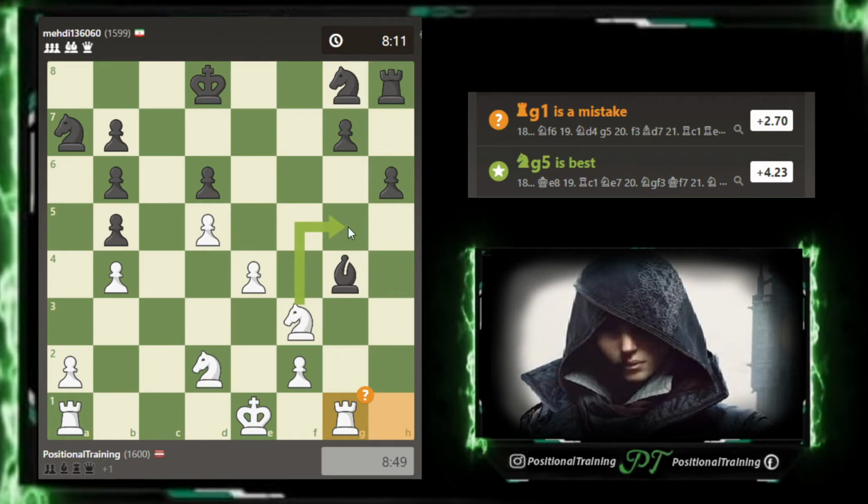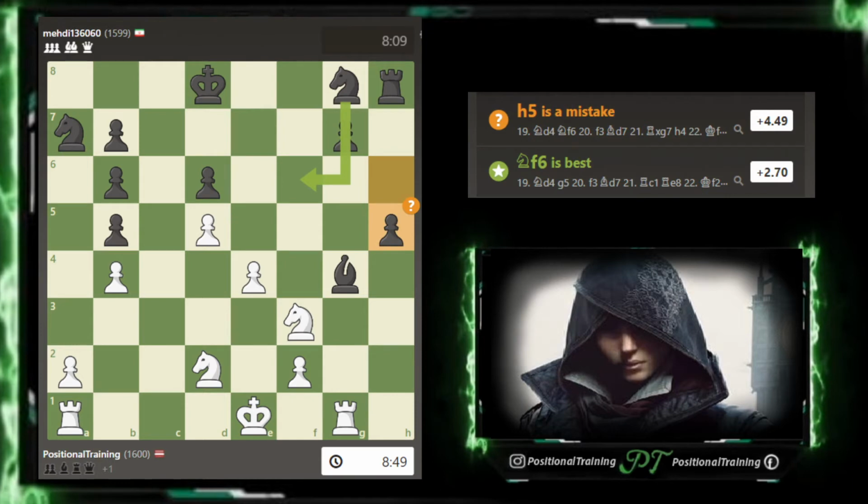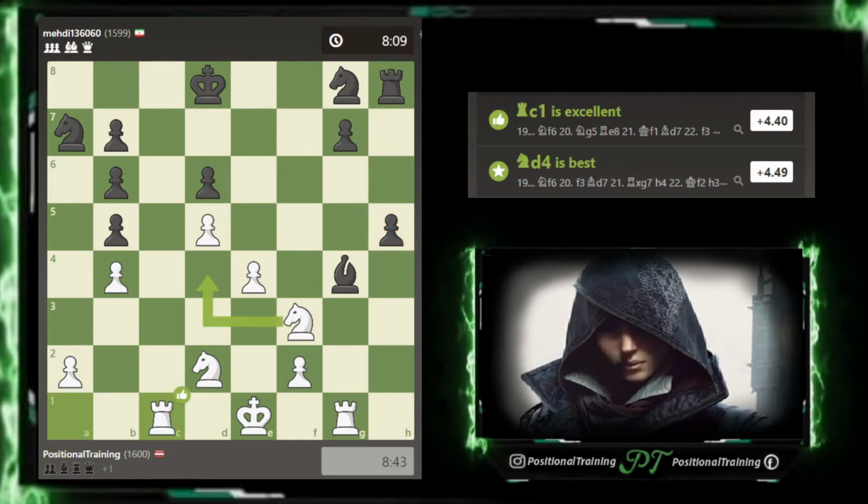Yeah, well, obviously this knight move would be better, because they couldn't take, because if the rook is on h1, the pawn is pinned. So pawn comes down, rook c1, controlling the open file. And